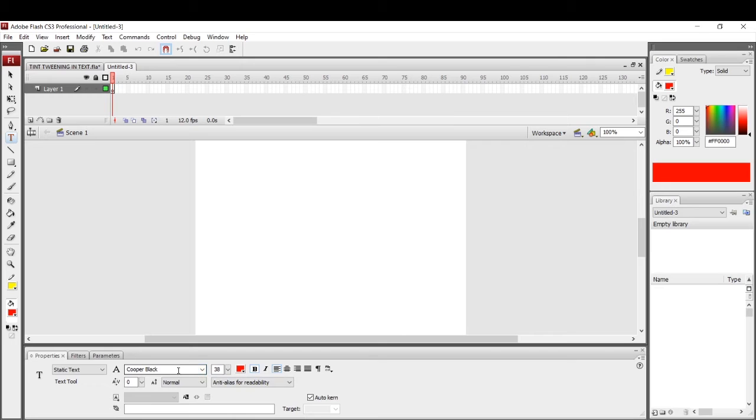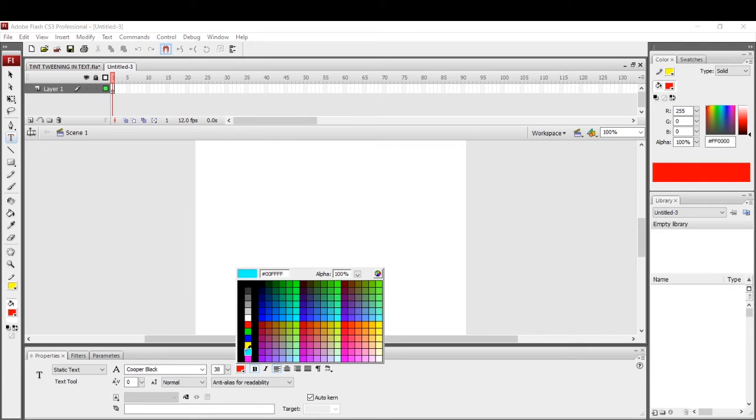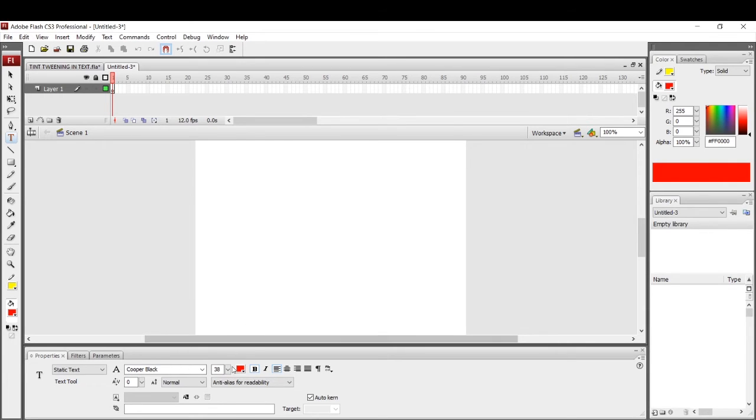So if you want to change the font style, you can change it from here. If you want to change the size of the text, you can just click on this drop down arrow. You can make it bold, italic. You can change the color of the text as well. Okay, from here you can change the color, and finally click on the stage and type the text that you want to type. So let me type TIGPS Silicon. Okay,